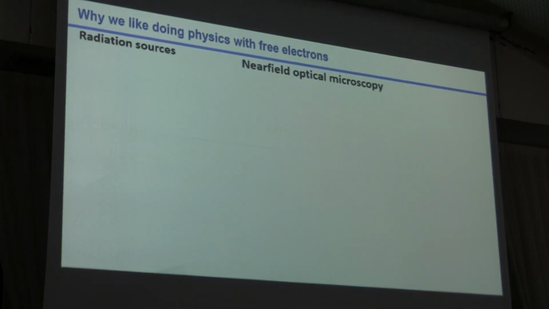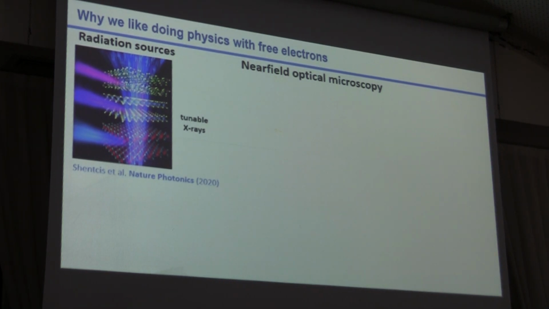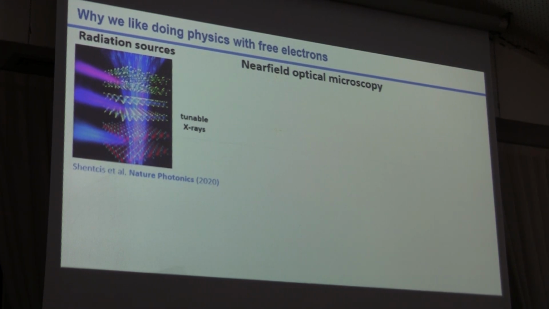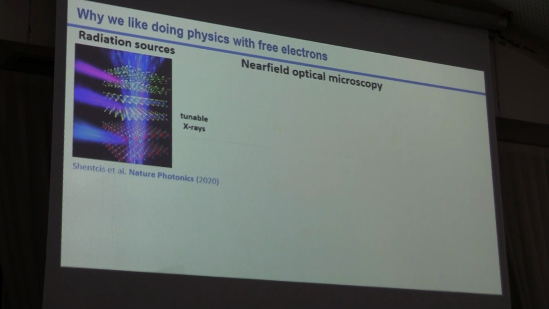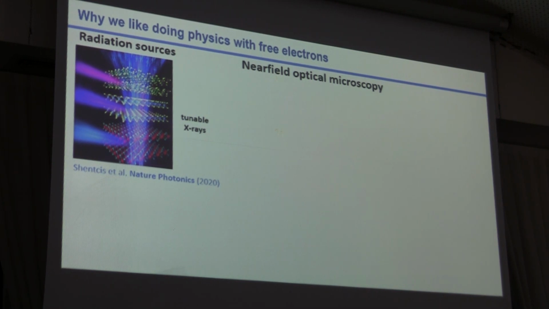So personally, why I like doing physics with free electrons, and free electrons, it's a very old field. Your microwave oven is working based on free electron radiation. Free electron lasers and synchrotrons and a lot of other facilities, it's free electron radiation. We do free electron radiation, but in weird modified ways. For example, this is called van der Waals materials, those are two-dimensional materials stacked together, and they produce natural periodicity. So the electrons flying through them will be modulated periodically by the crystalline structure, and that causes the electrons to emit X-rays, and that's currently the only way to make tunable X-ray sources on a scale that you can put in a single room and not in a billion-dollar facility.